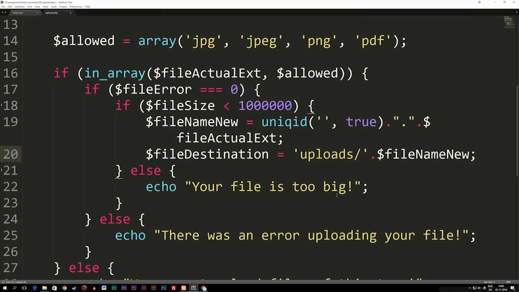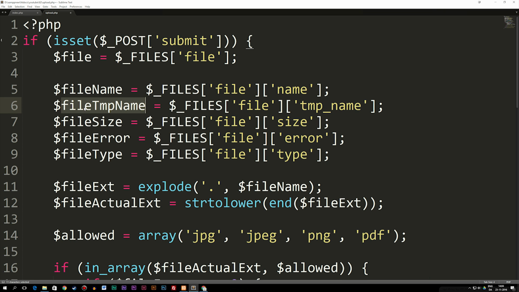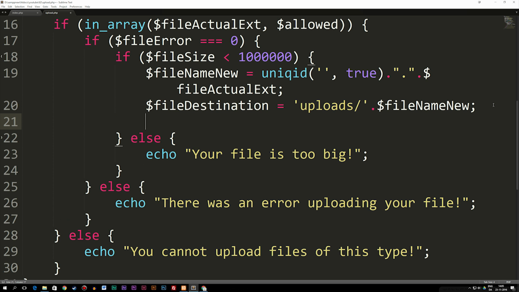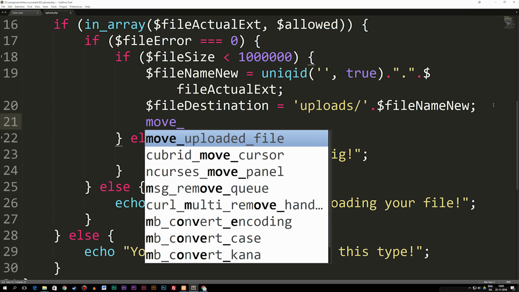So now that we have this, we just need to do one more thing before the file will actually get uploaded, which is to create the actual function which moves the file from the temporary location that we have up here into the actual location that we want it to become uploaded to, which we have right here. So on the next line, we're going to go ahead and create the function which actually uploads the file, which is called move underscore uploaded file,